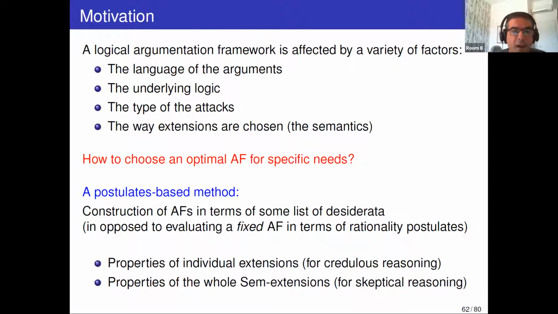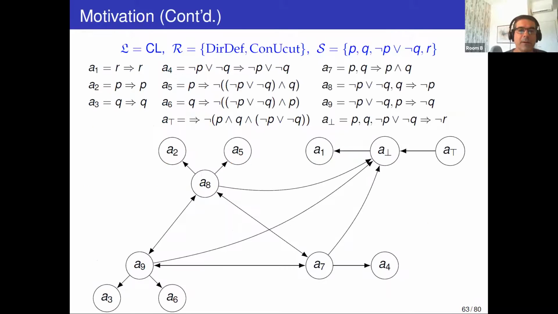So the postulates that I will consider are roughly divided into two kinds. Those that refer to individual extensions, useful mainly for credulous reasoning, and those that refer to sets of extensions, which again will be useful mainly for skeptical reasoning. And to see some motivation behind those postulates, consider once again the